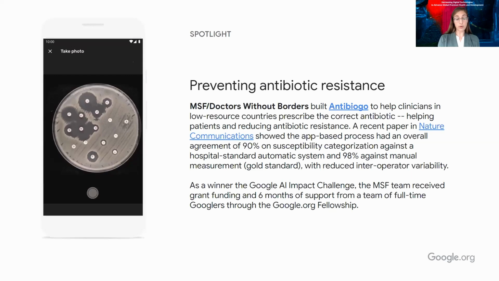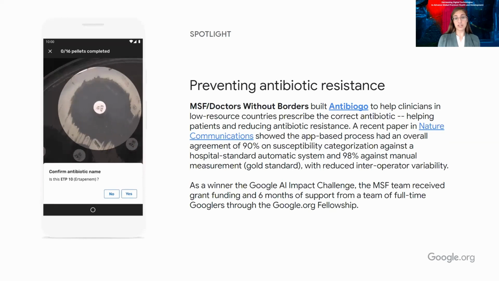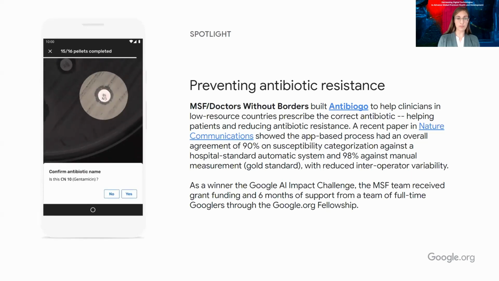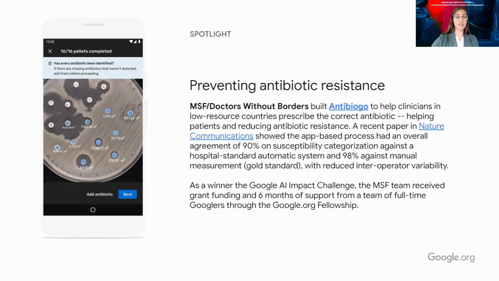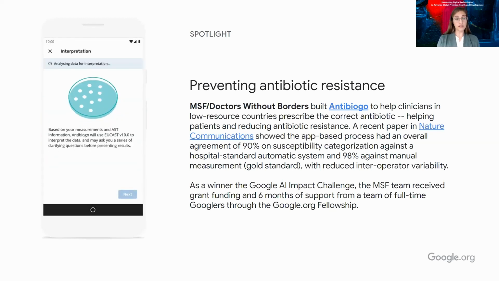One of their lead microbiologists had been recently there, and she was interpreting these images being sent to her by email overnight in Paris in their home office. She connected with a friend who was a computer scientist and said, we've seen all these advances in computer vision. Isn't there a better way we might be able to do this? And this project was born. They have now developed a free mobile app that you're seeing the demo of here on the left.